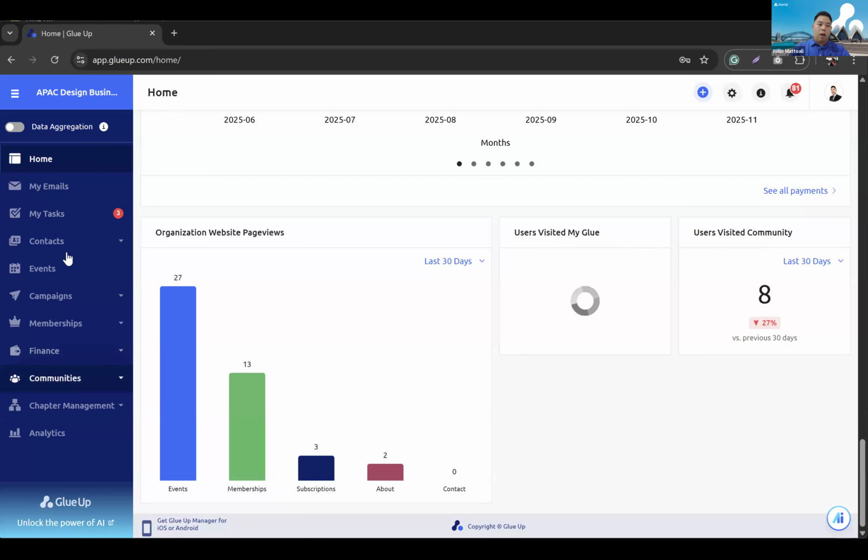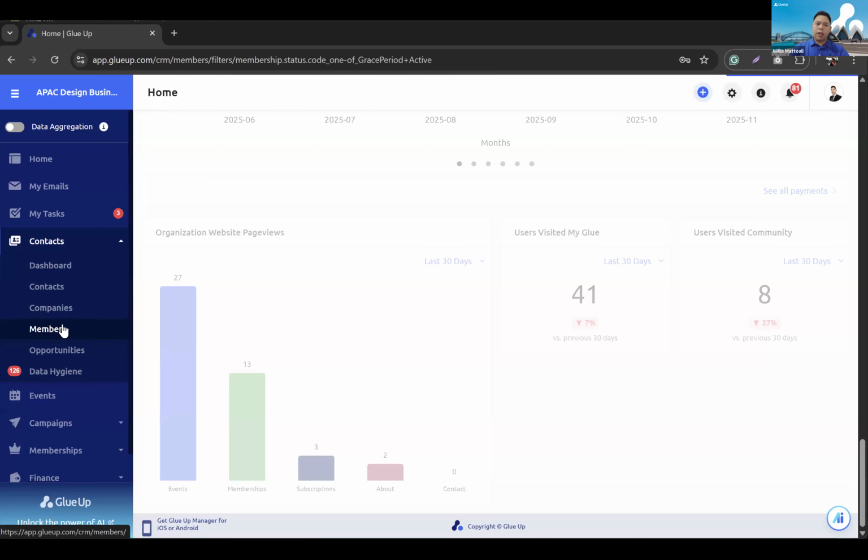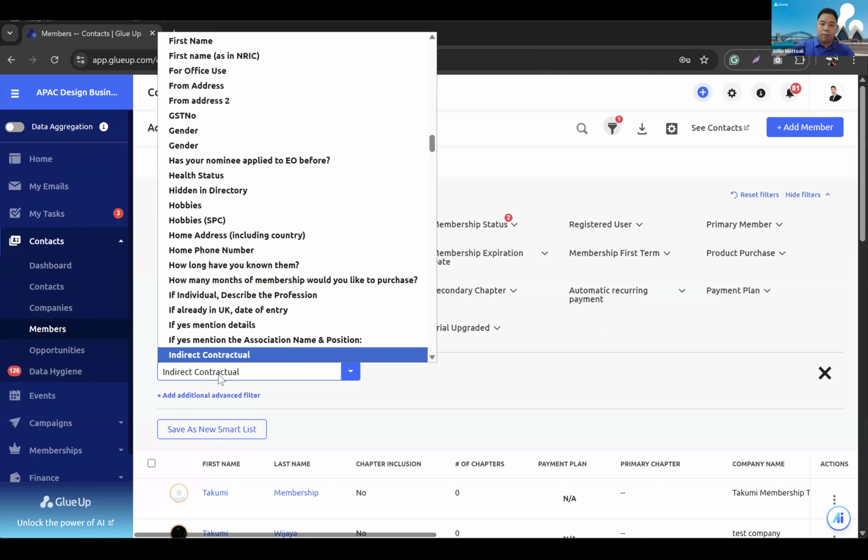Now, I keep mentioning how important Smart List is. Let me show you how to create it. You can create Smart List for members and contacts. What's the difference? Well, contacts includes members and non-members. If I just add industry,